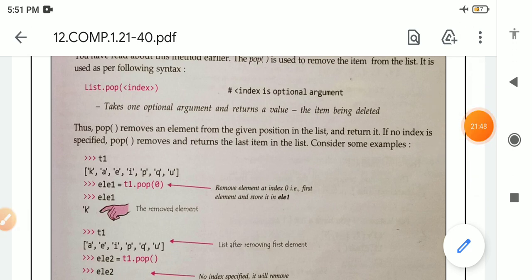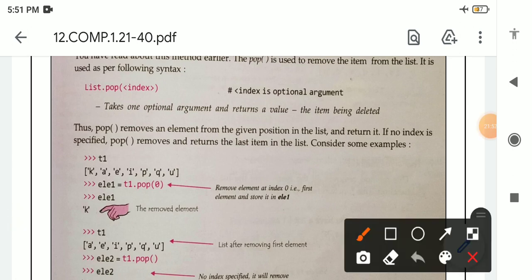To receive the deleted element from the list, we have created one variable. First a list is there, the list name is T1, and it contains all these elements. So we create one variable, the name of the variable is ELE1, then the assignment operator. Why have we created this variable? Because pop takes one optional argument, but it returns the value which is deleted from the list.